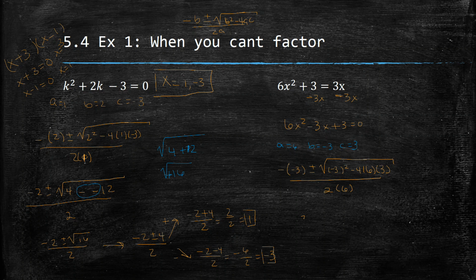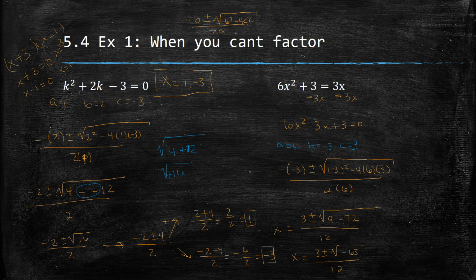So we're going to have positive 3 plus or minus the square root of 9 minus 4 times 6 is 24 times 3 is going to give you 72 over 2 times 6 is 12. So keep reducing, and this is all equal to x. And here we're going to get some imaginary numbers because we have 3 plus or minus the square root. 9 minus 72 is negative 63